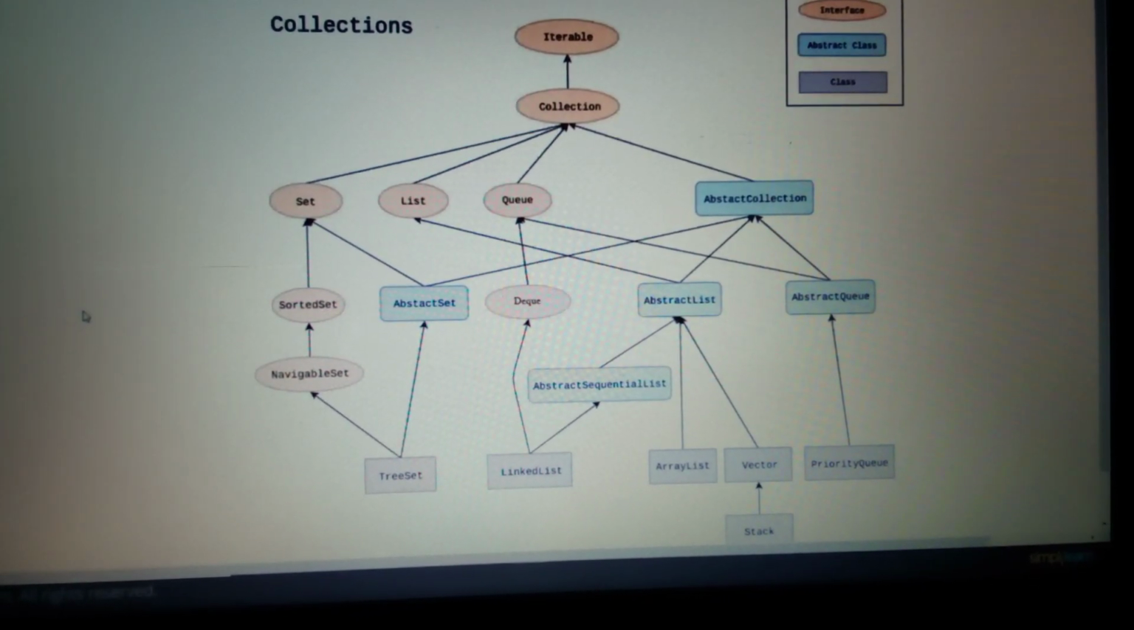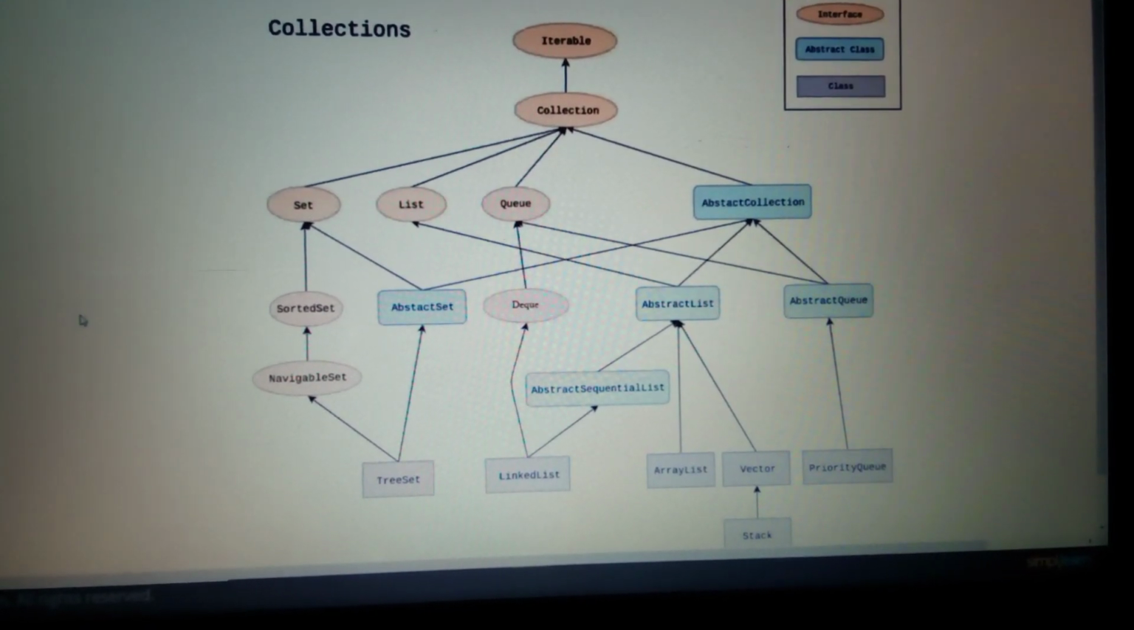Now this lecture is getting a bit long, so I would like to stop this lecture here. We covered the interfaces part of the collection, and we also understood